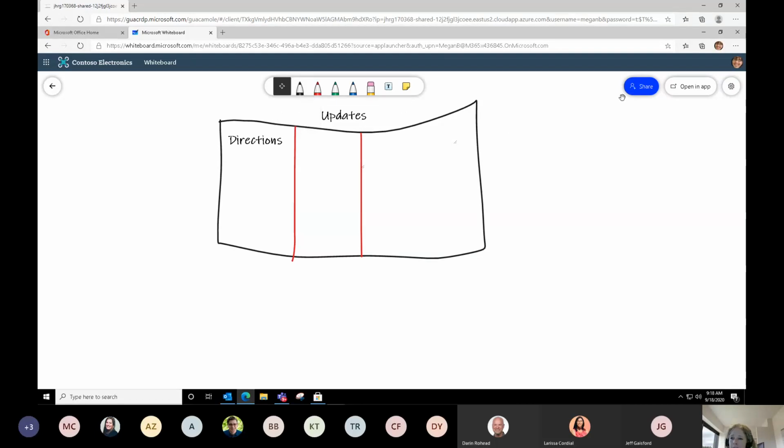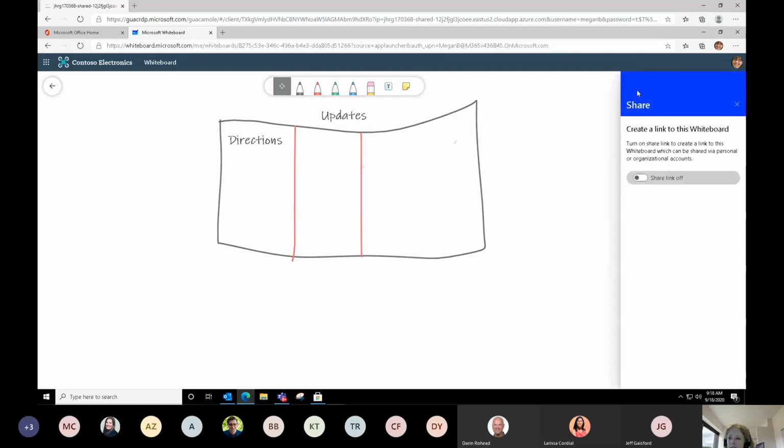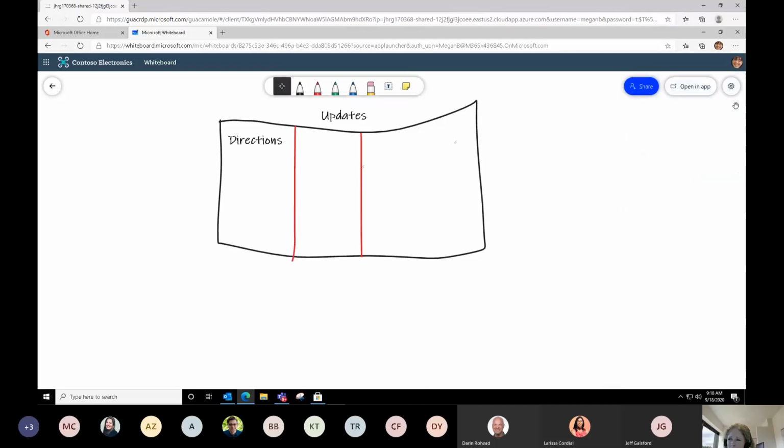Now, over in the top right, I can share this right here in the online app. The share button allows me to come in. And notice right now the share link is off, but if I turn it on, I can create a link that I could then copy and, for example, email to someone. But I'm going to show you how to do this in the desktop app. That's something you have a lot more power with in the desktop app. So stay tuned for that one.